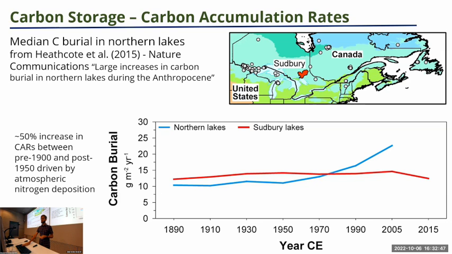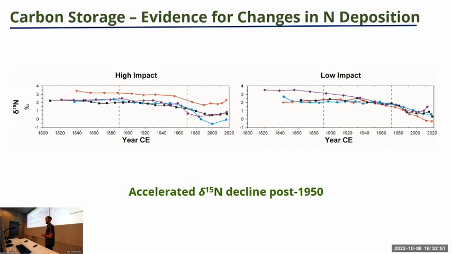When we look into our lakes, what's interesting is that we see the effects of nitrogen deposition as well. Here I'm showing you delta 15N, so nitrogen isotopes, where we essentially see in our lakes an accelerating decline starting around 1950, which just reflects an increased contribution of lighter nitrogen from anthropogenic sources. So similar to what has been shown for other lakes outside of the Sudbury area,